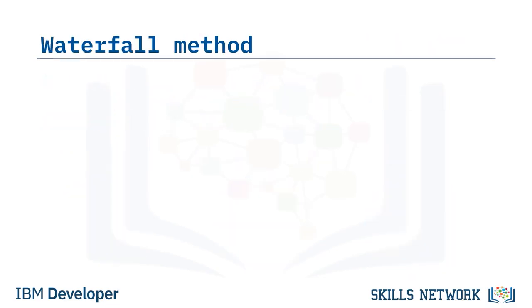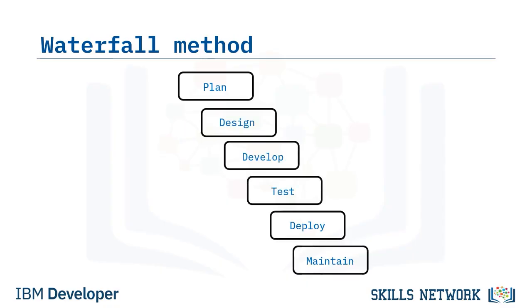In the beginning, when the SDLC was conceived, it implemented what is known as the waterfall method. Waterfall is a sequential method of software development where the output of one phase is the input for the next phase of the cycle. Development and work on the next phase start only after the completion of the previous phase. All planning, such as defining requirements and architectural design, is done up front. The customer usually does not see the product until it is in the testing phase. For a major version release of the product, the same process is repeated, resulting in long intervals, such as years,